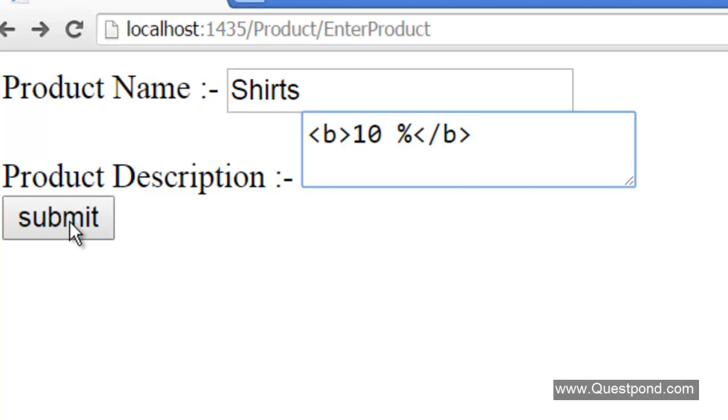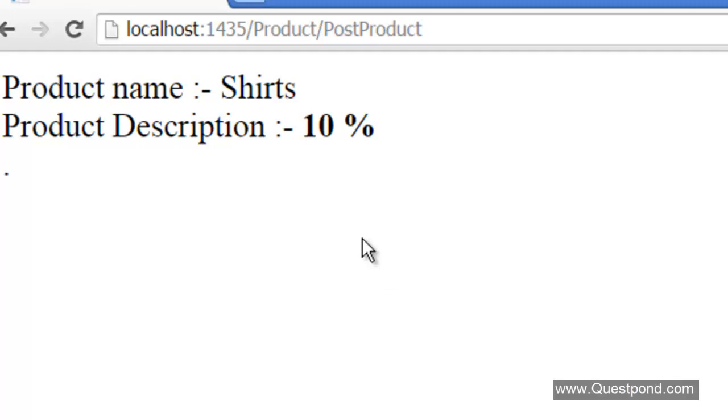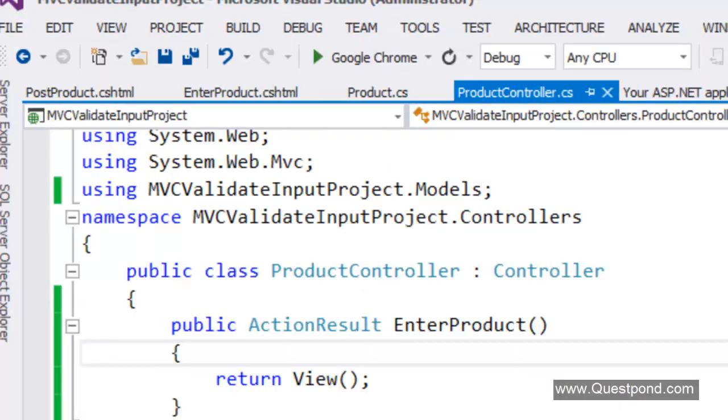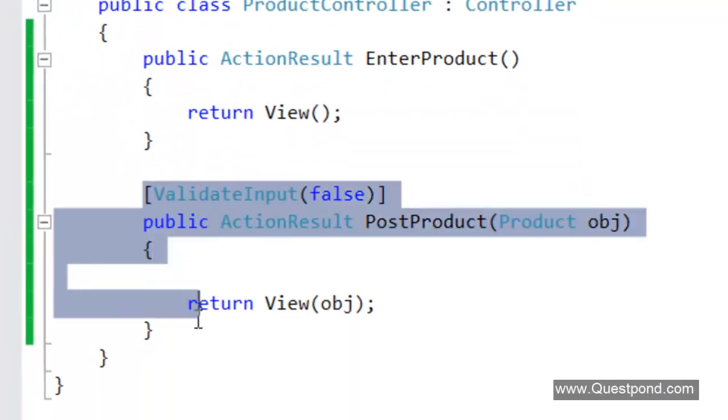And if I go and do a submit, now I should be able to post HTML and see the script on the screen, right? And there it is. So you can now see that I can go and post HTML. And also the beauty of this validate input false is that I have gone ahead and disabled the validations